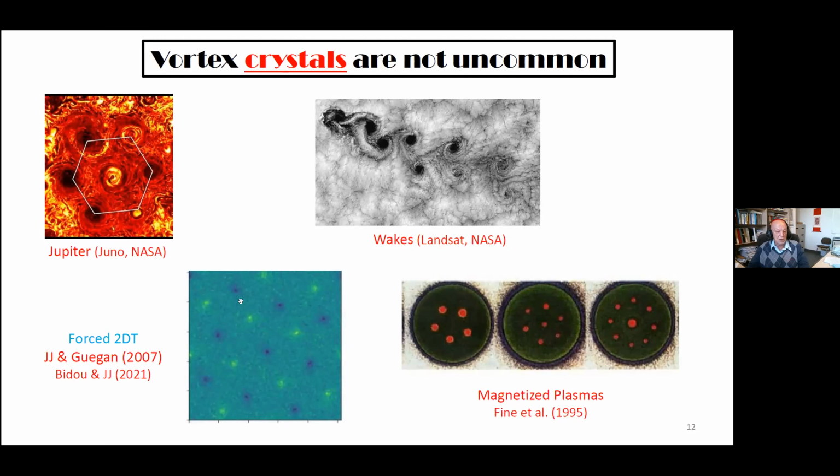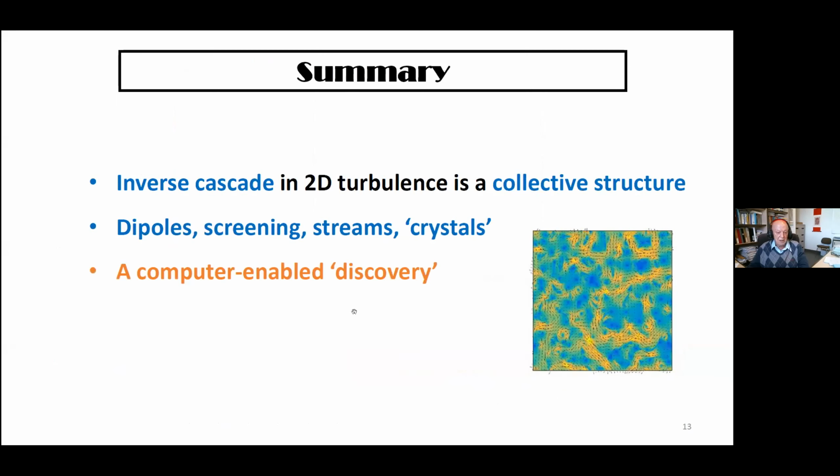Yeah, you see here, there are these small details here. This is the forcing in this case. Turbulence is being forced at this small scale. And the large vortices have formed, and they form this very, very clean lattice there. Okay? So let me summarize and let's finish and go to the questions.